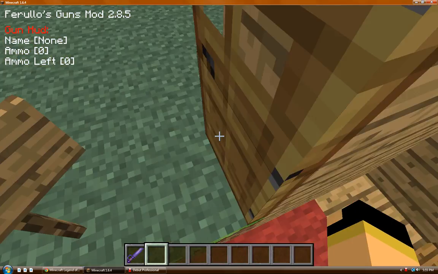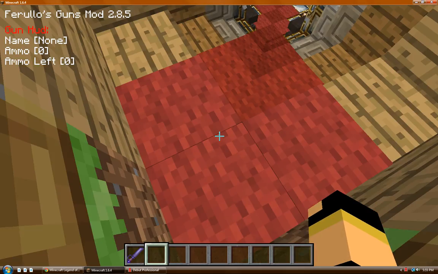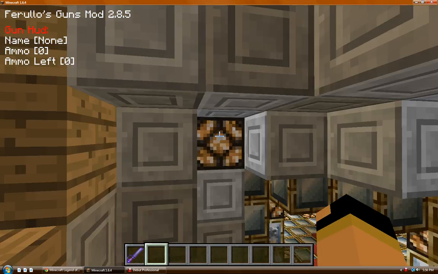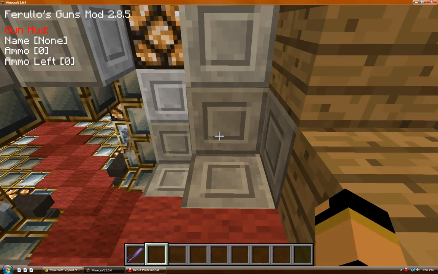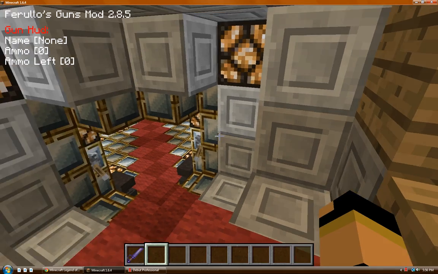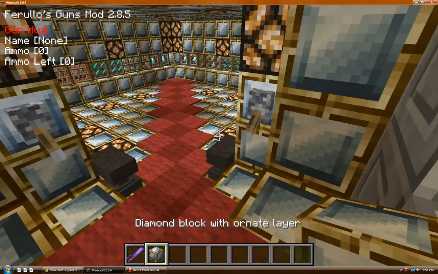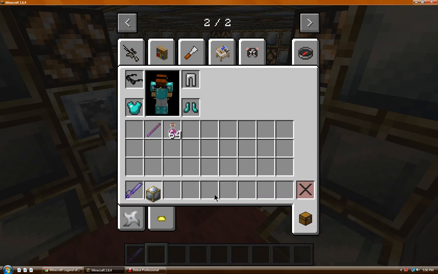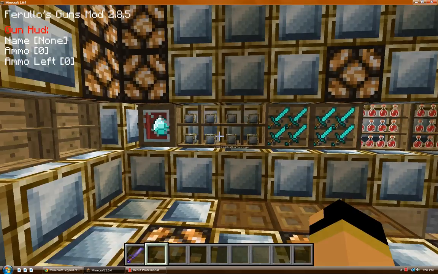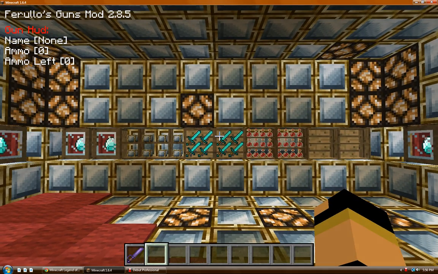But as we get into my cool door layer stuff, we got like the red carpet, a little grass right there. Don't mind that. Then we got these iron panel blocks. That's what they're called. Yeah, marble panel, not iron. But after that, we have diamond block with ornate gold layer on there. And then down here, I used a certain technique using item frames to duplicate items for like all